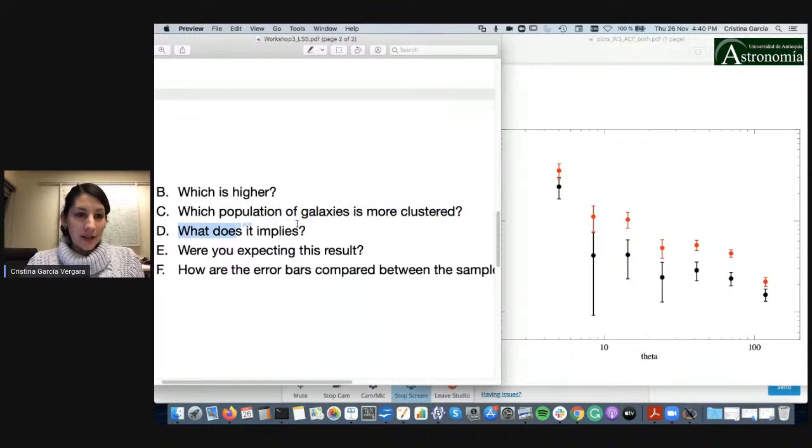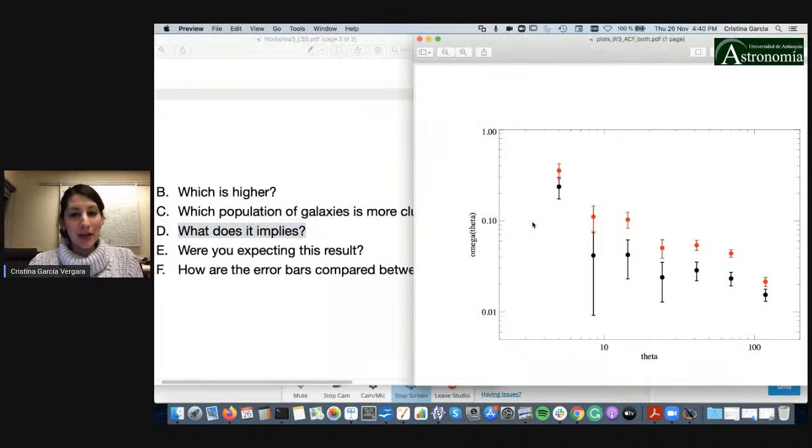Then what does it imply? Well, this implies that high mass galaxies reside in more massive dark matter halos. Also, were you expecting the result? Yes, that is obvious, because by construction, we choose